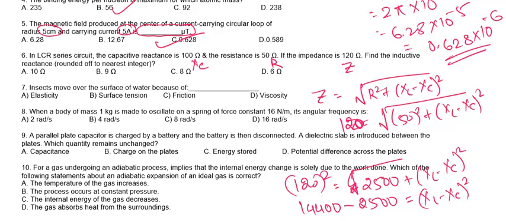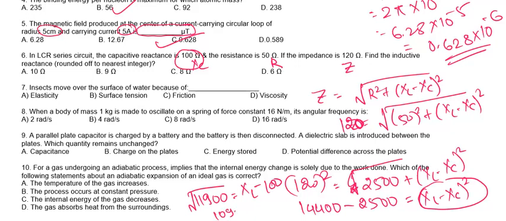So now subtract this, 14400 minus 2500. So when you subtract you get 11900. Now if you see, यहाँ पे इसका square है. जैसे root यहाँ पे आ गया था तो square बन गया था, तो square वापस भेजो यहाँ पे तो बन जाएगा root of 11900 will be equal to XL minus, now put the value of XC, कितना दिया था, 100. ठीक है. Now 11,900 you have to take the square root. So 11,900 का root आता है 109 approx, 109.08. ठीक है. This is 109.08 equal to XL minus 100.